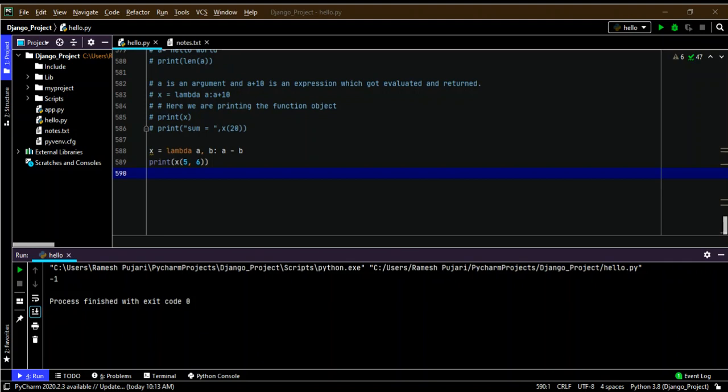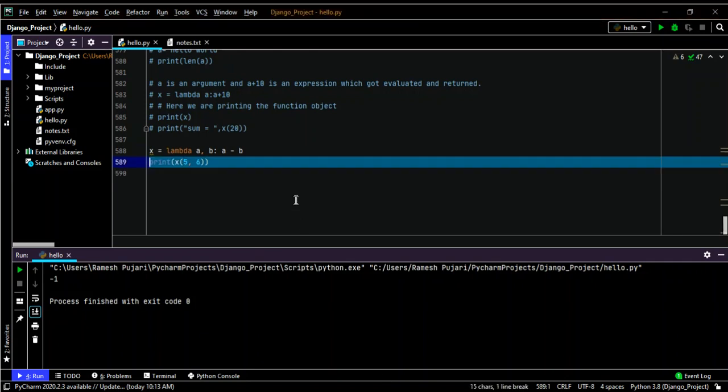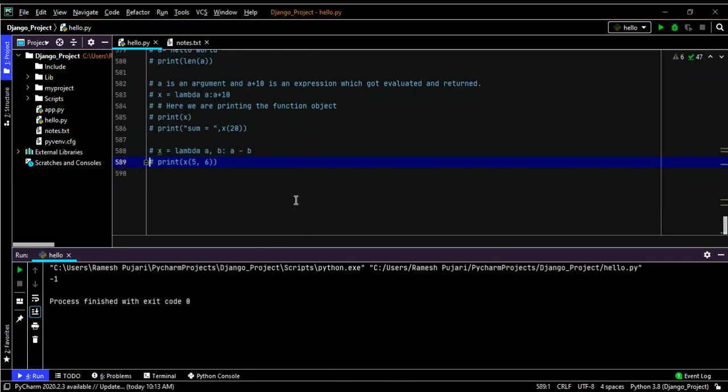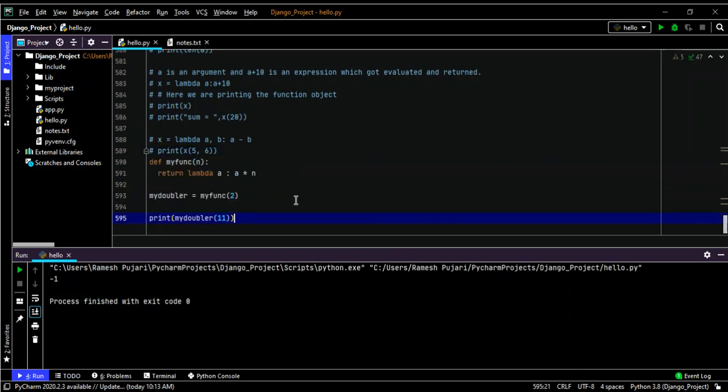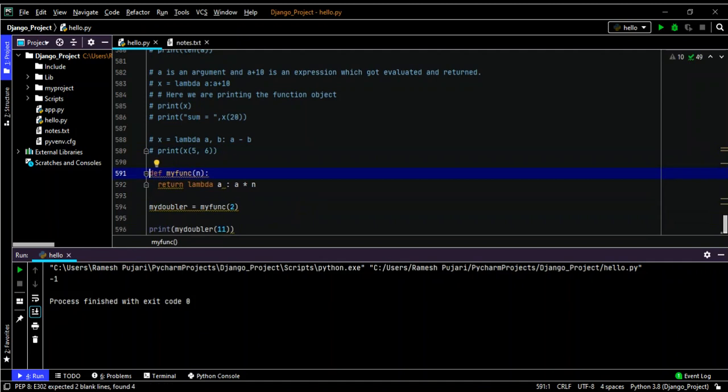Now I will show how to use the lambda function within a function. I will give an example here so you will get to understand. I defined a function with the name myfunction, and I'm passing the parameter n.